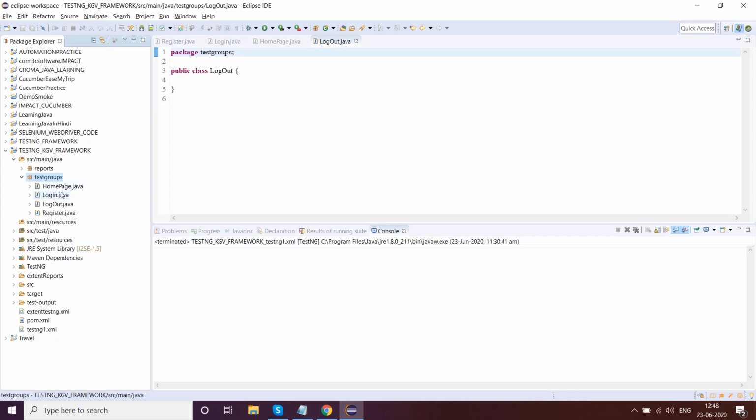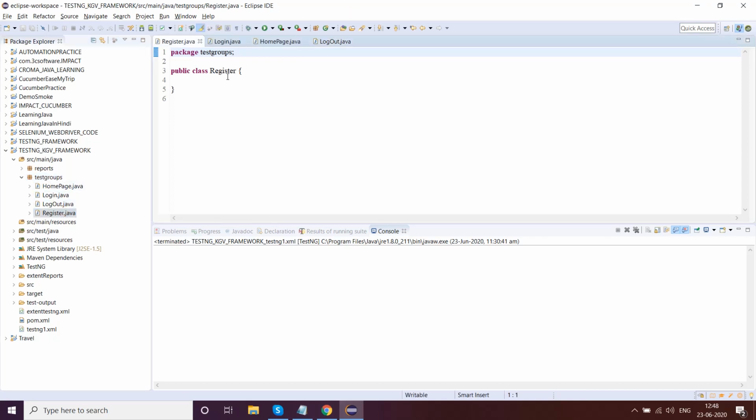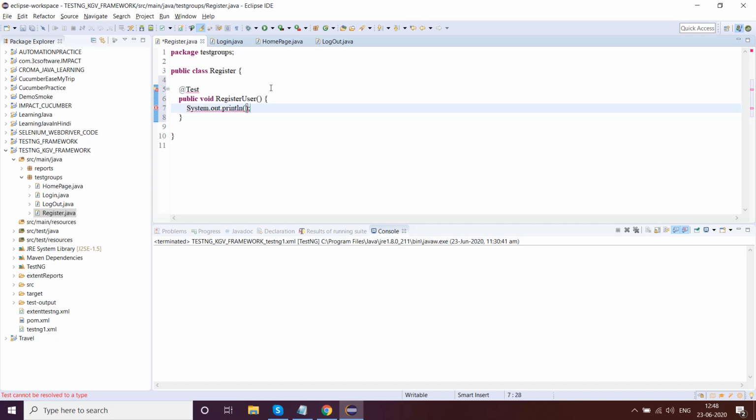Let's say I'll go to the register Java class and introduce a test case. Public void register user, system out print: this is registration test.